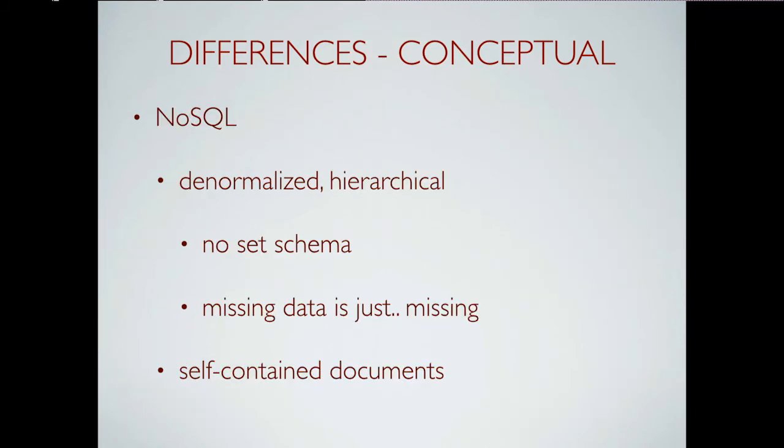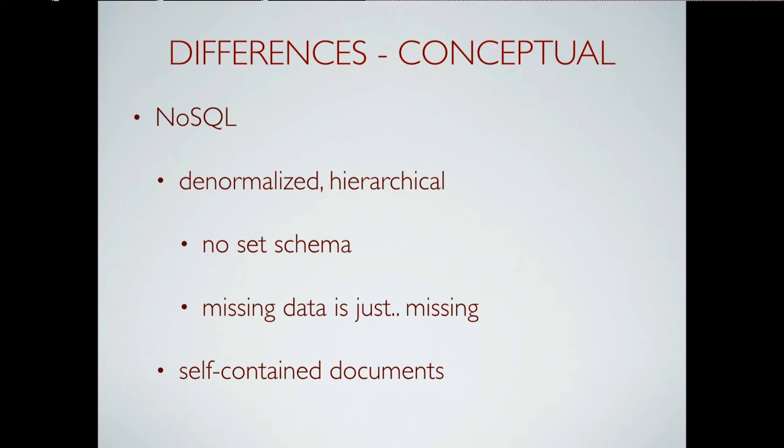In NoSQL, as opposed to SQL, we're going to have denormalized data, which means we're going to have a lot of data duplicated, right? And again, we can store it hierarchically, so I can take all this hierarchical information and drop it into one document. This document, for the most part, will be self-contained, so I pull up a document and it's going to have everything I need to know. I'm not going to have to go to another table and get lookup information, where we have to do these joins to find out some label or data type.